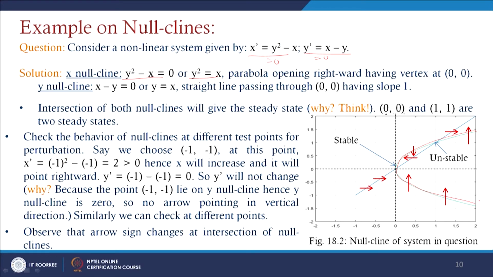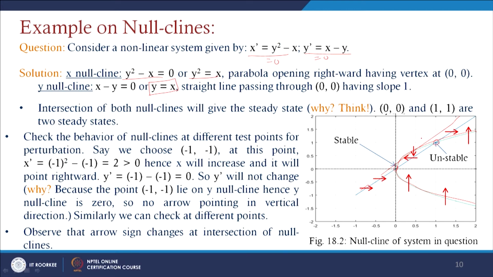And the second nullcline, if you see here, that is y dash equals to 0, that is nothing but x minus y equals to 0, which just provides y equals to x. This is the line passing through 0 0 having slope 1 at origin. And whenever we have the intersection of these two nullclines, that will provide us the steady state condition. If you see here, these intersection points are occurring at 0 0 and 1 1 here,